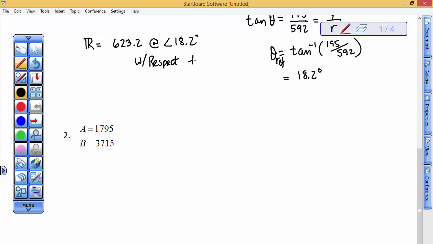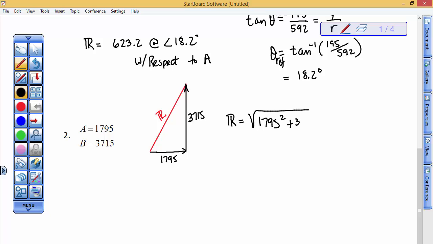So let's go ahead to this next one. Vector A is shorter this time, 1,795 units in length. Vector B is more than twice as long. And then the resultant is from the tail of the first to the head of the last. So again, here's vector A at 1795. Here's vector B at 3715. I draw this picture so you can really see how long the red line should be. You know it's going to be more than 3715, maybe in the vicinity of a little bit more than 4,000. So we're just using the Pythagorean theorem,